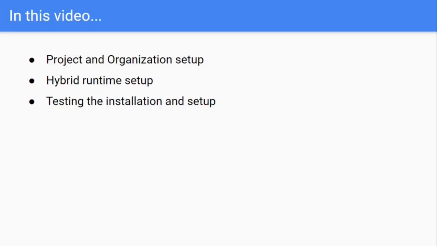In the very first step, we are going to see how to set up the Apigee management portal, like creating an environment and environment group. In the next step, we will see the hybrid runtime setup, how we create a cluster and how to configure the cluster. In the next and last step, we will test the Apigee hybrid.